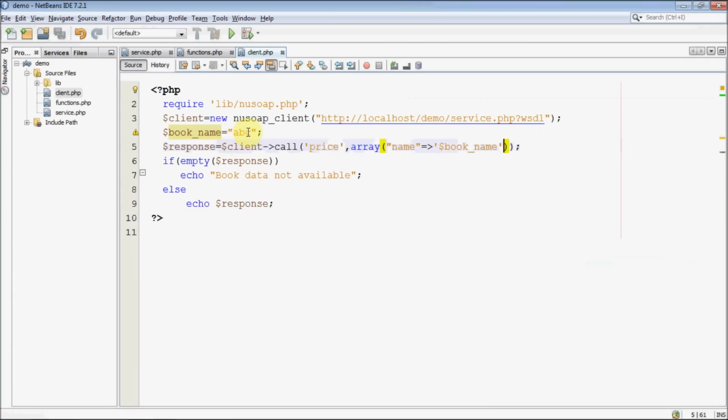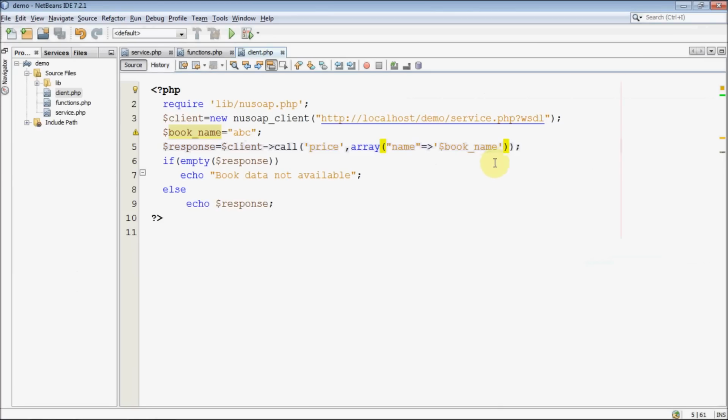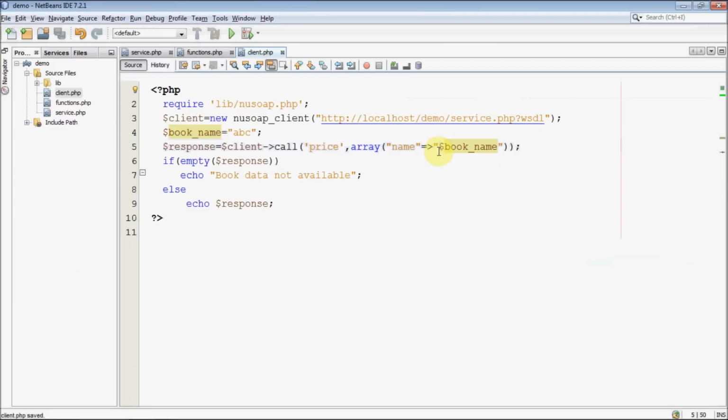Even though you are passing the correct value ABC, it is returning book data not available. The reason is that single quotes won't replace the value of that variable, whereas double quotes do. With double quotes the value will be ABC, and with single quotes the value will be the variable name itself. So you need to worry about single quotes versus double quotes.